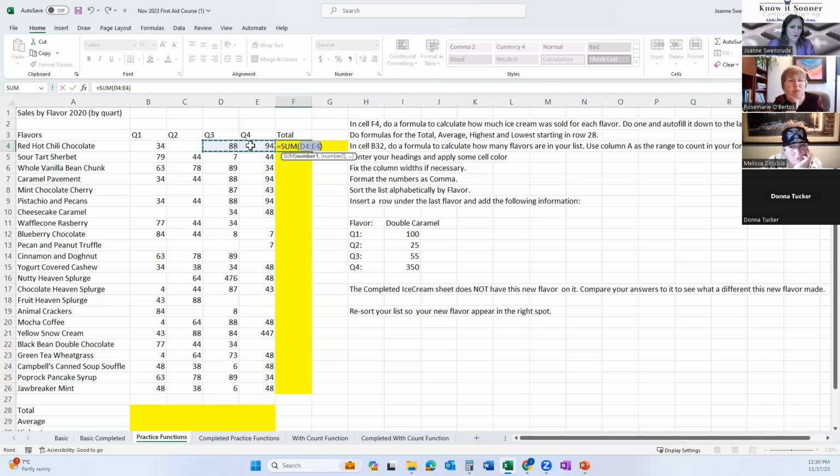Maybe it's right, maybe it's wrong. For example, I'm just going to press escape here for a minute. If I happened to be on the second one, and I did that, so click on the second one, hit auto sum. Oh, it magically knew that I wanted them all, right? Why did it guess correctly on this line and not on the other line? Because it stops when it sees spaces or text. On the sour tart sherbet, it saw a number, a number, a number, a number, text. So it stopped. Yay, it's perfect. Enter. That's all I would have to do with that one.